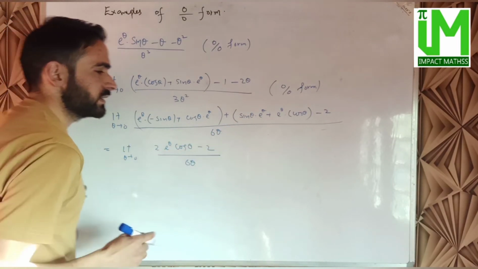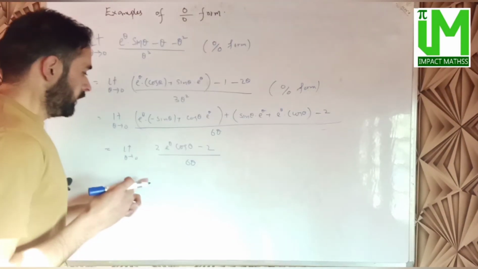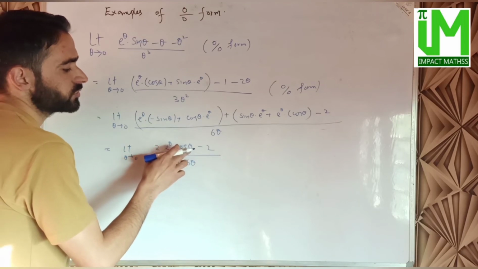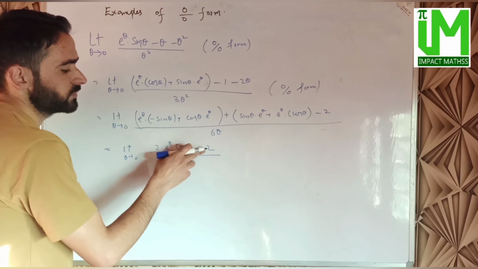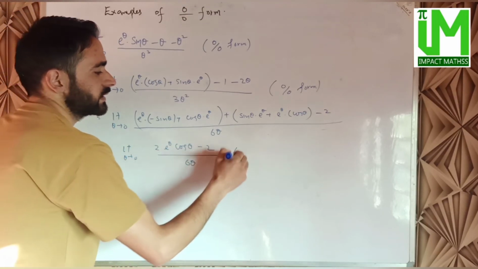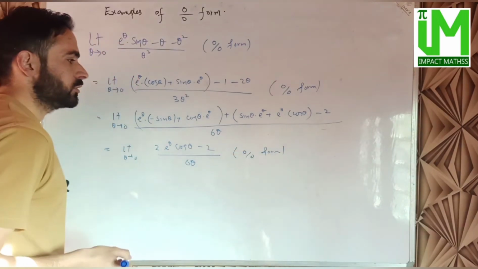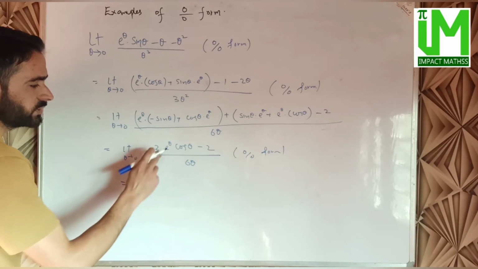फिर से चेक करते हैं कि whether indeterminate form has been avoided or not. So when theta tends to 0, this will be cos of 0, cos of 0 will be 1, so 2 minus 2 which will be 0, divided by 6 into theta which will be again in 0 by 0 form. Therefore we can again apply L'Hopital's rule, so which will be limit theta tends to 0, इसकी फिर से